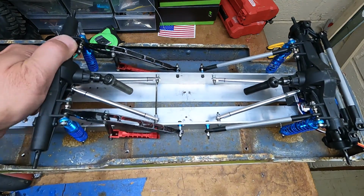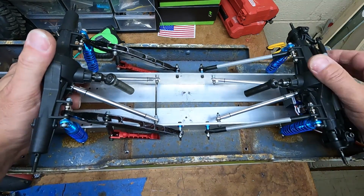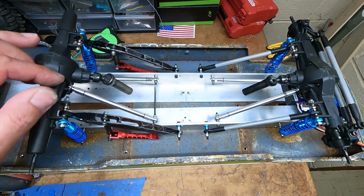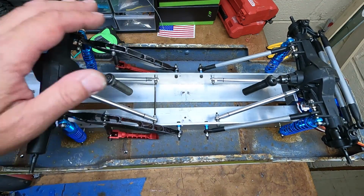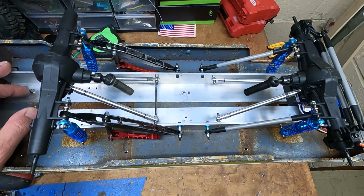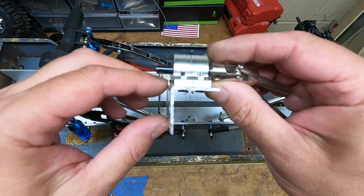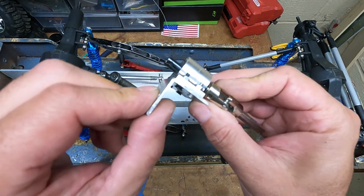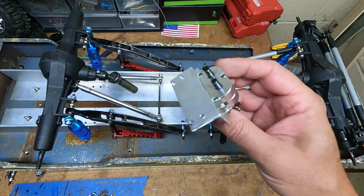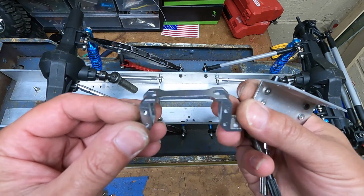Alright, the shocks are all in. This all looks really good. You just have the 2 screws here in the back, and then now we'll put the transfer case in and get the front mounted in. This transfer case is mounted on 1 by 1 by 1/16 aluminum angle, and I just mounted to the top of it. And then I have this servo mount,